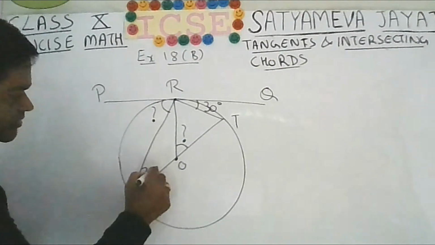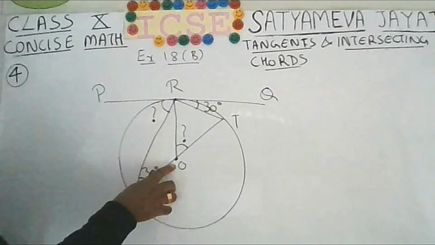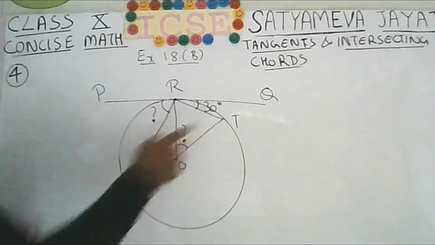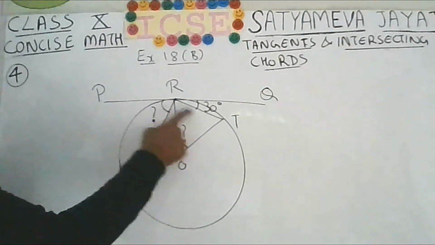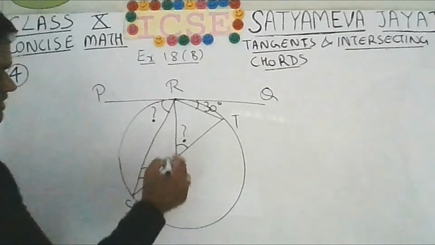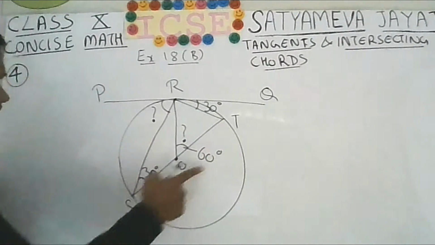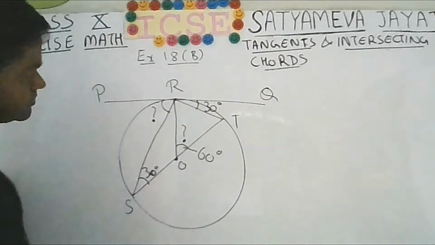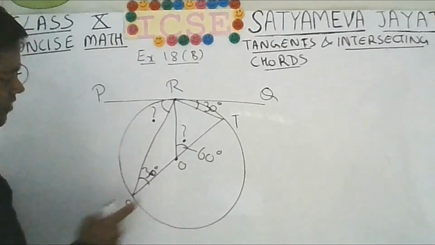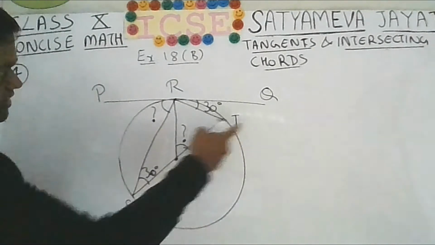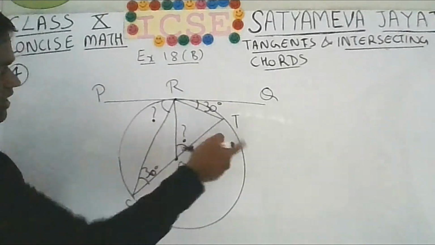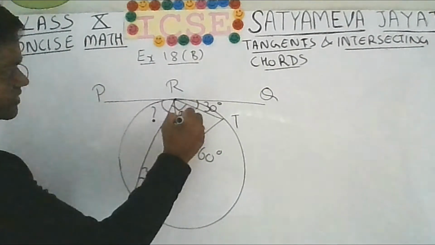Now you must recall the theorem of the previous chapter, that angle subtended at the center is 2 times the angle subtended at the remaining part. So if angle RST is 30, the same arc and chord RT, the subtending angle ROT at the center. So clearly this angle must be 60 degree. 2 times of 30 degree, that is 60 degree. Okay. So now we can see that this angle is 60. If SOT is the diameter, then the angle in the semicircle is 90 degree. So angle SRT, this angle will be 90 degree.